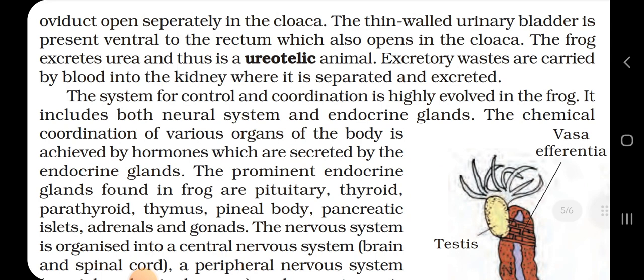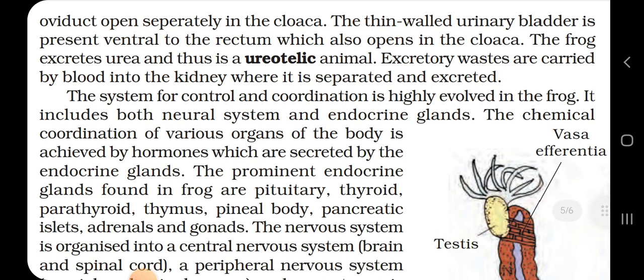The system for control and coordination is highly evolved in the frog. It includes both neural and endocrine glands. The chemical coordination of various organs of the body is achieved by hormones which are secreted by the endocrine glands. The prominent endocrine glands found in a frog are pituitary, thyroid, parathyroid, thymus, pineal body, pancreatic islets, adrenal, and